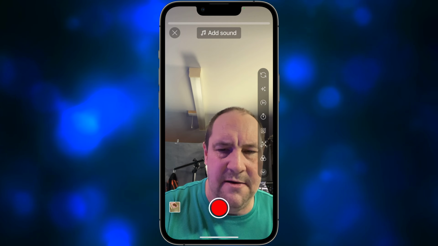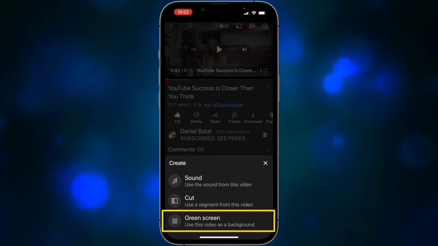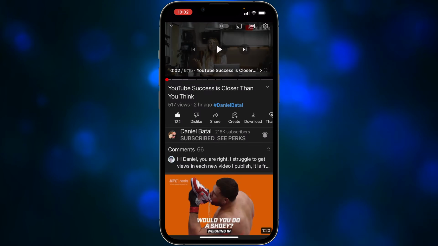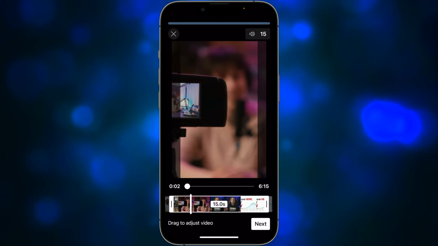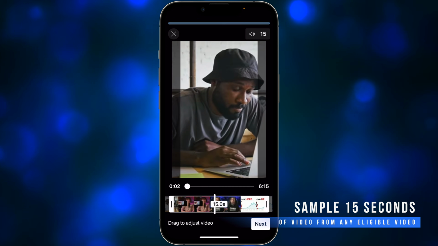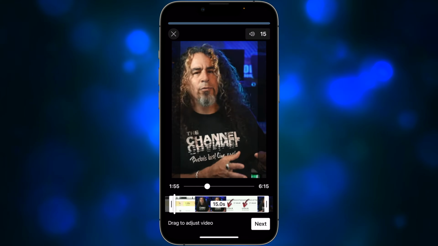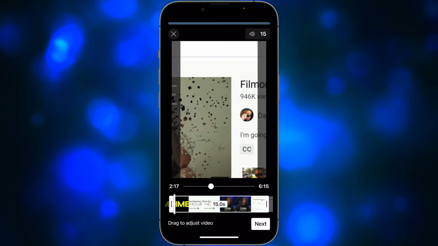Let's back that out. Now the third option in here is green screen. This is where we use this video as a background. So again, we go in, and interestingly this time we can sample 15 seconds, but what it's doing is it's not giving us the audio. So I could just say I want to use maybe a section that has